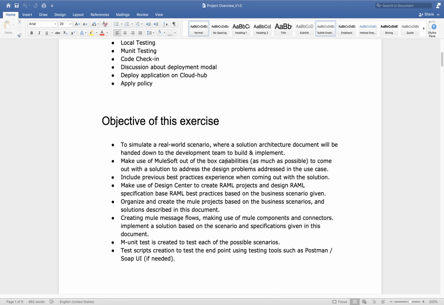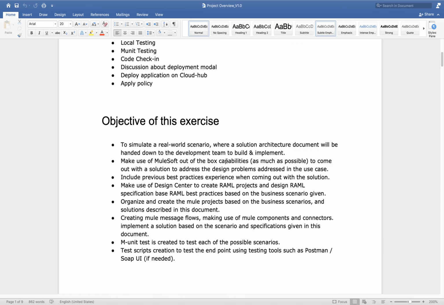For example, we have For Each and we have Parallel For Each. There are many scenarios where we can't use Parallel For Each, and at that time we have only the limitation that we can use For Each. But there are many scenarios where we can use Parallel For Each and make our API more efficient.